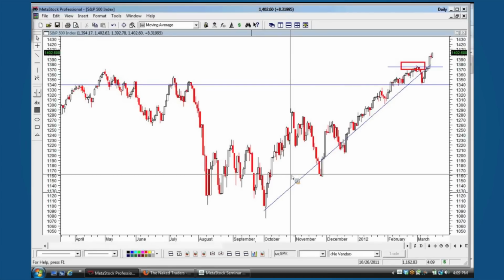And we're going to go through this, and I want to show you a couple of key things that we'll look at. We're going to take a look at the SPX. We're going to take a look at the Dow Jones. We're going to take a look at the NDX. And then I don't know how many of you actually take a look at the VIX, but we're also going to take a look at the VIX,